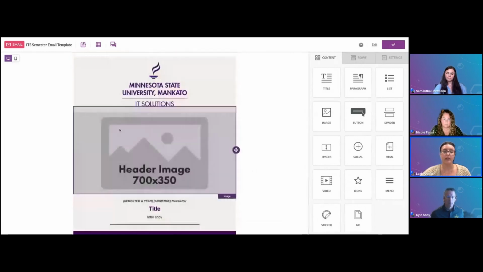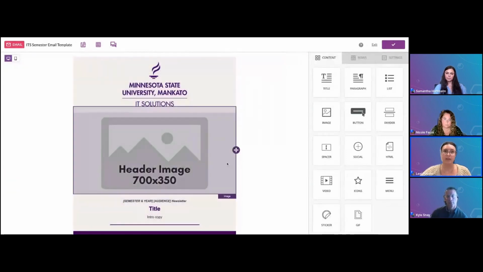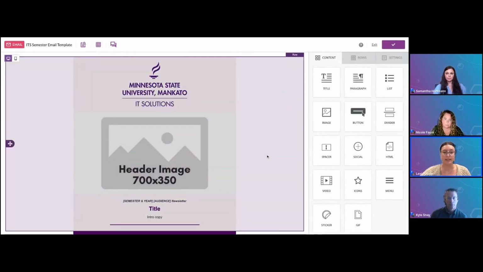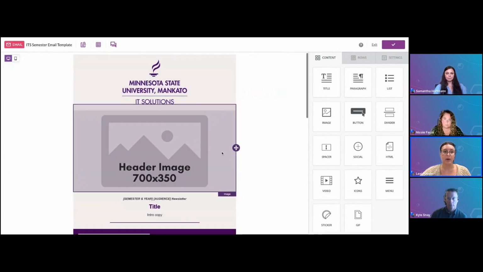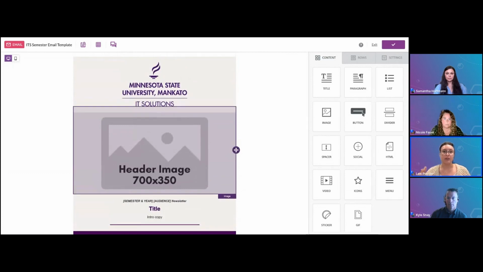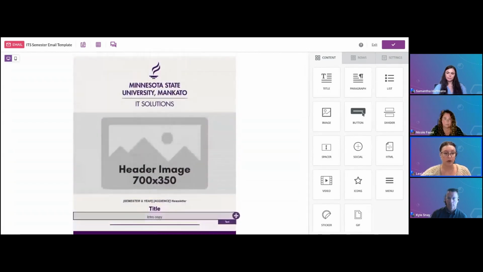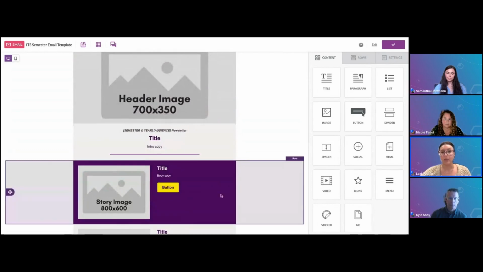It cuts down the time on creating our mailings by so much because you don't have to worry about remembering what the last email looked like or recreating a new design. You just have this template set for you and you hop right in there and design. And it really helps keep our student workers in check too, so that we're not creating tons of different designs for different emails. It's all the same, takes the pressure off them, and they can really just focus on creating quality content, quality copy and images, and then we're good to go.